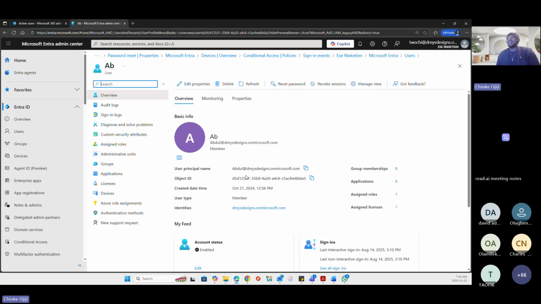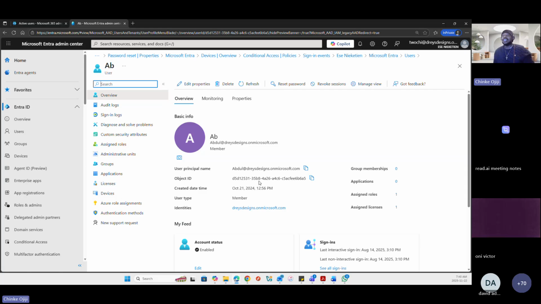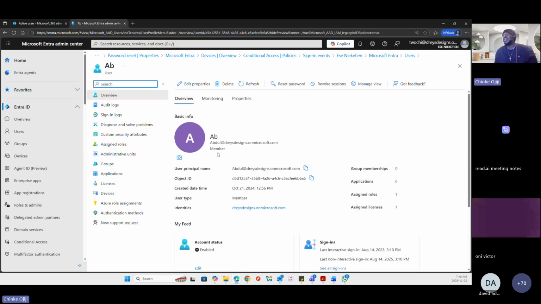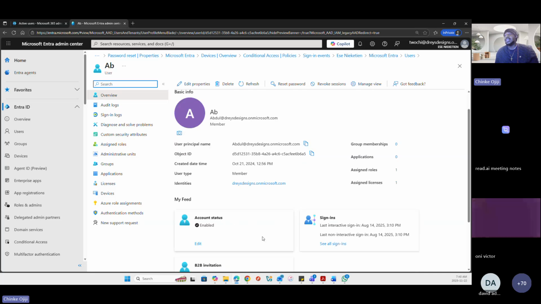Now, I'm more of a practical person, so I want us to see these things and know what it's like. So when you go into users and you select a user, you're able to see everything about that user. You see the user's basic information, user principal name, object ID, and when the user was created, and so on, right? And you can see the licenses.